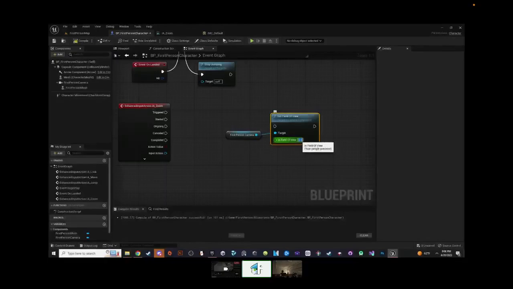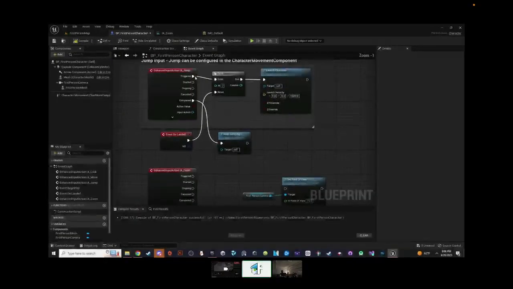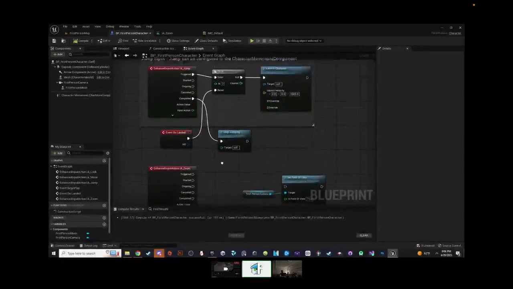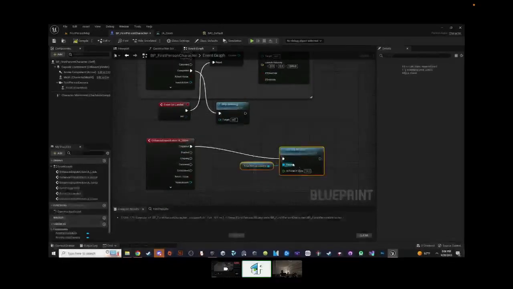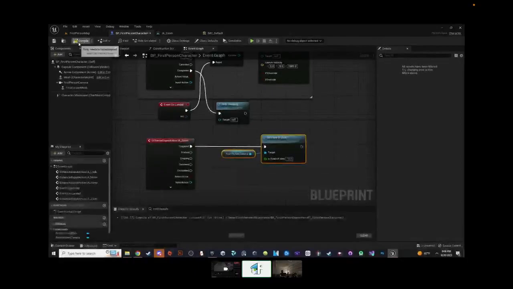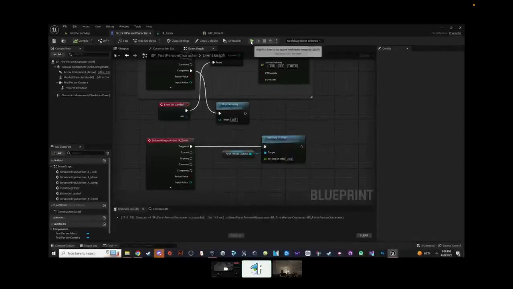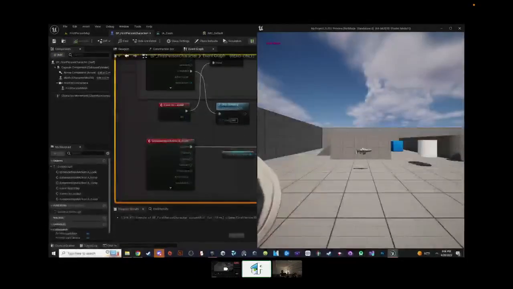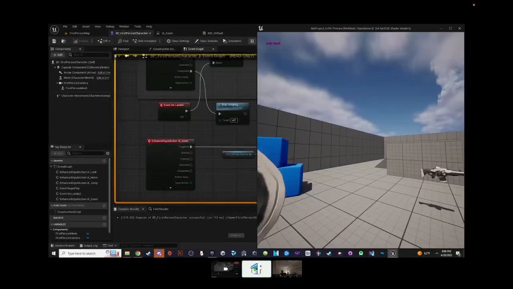So let's say, what if we just set this to a lower value? Let's say 70, right? And then seeing how it's connected to triggered, let's try to connect ours to triggered as well. Do that, compile, save, play it, and let's see if it works. Okay, I'm going to right click,